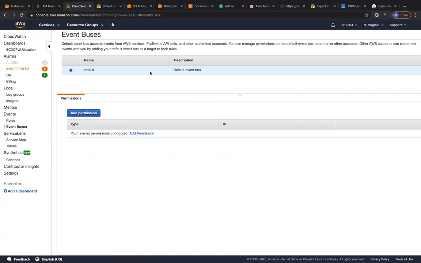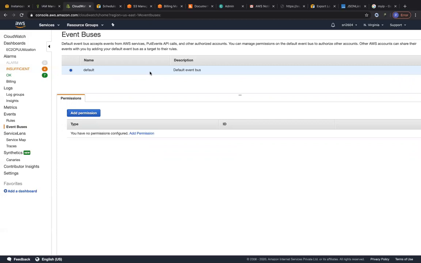So if you have 2 or 3 AWS accounts, I have set this up, but it's pretty complex and I don't want to walk you through it today. It's not even part of the AWS associate exam. But when you have multiple AWS accounts and you have event buses in those respective AWS accounts, and you would like to send out all of the events that happen in those accounts to a centralized AWS account that is handling all of the events, this would be a pretty nice use case.